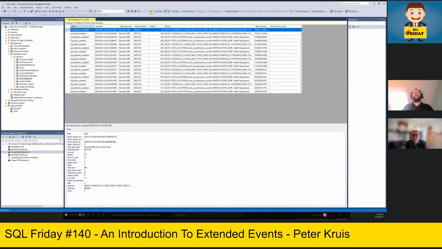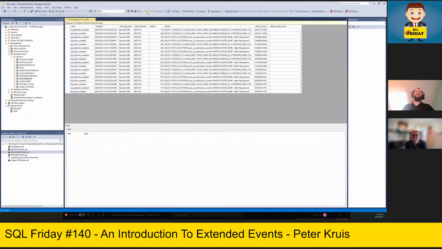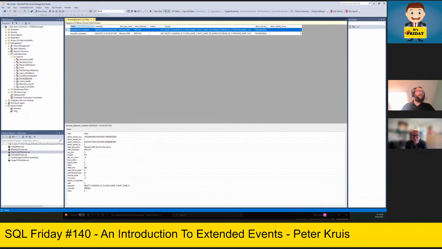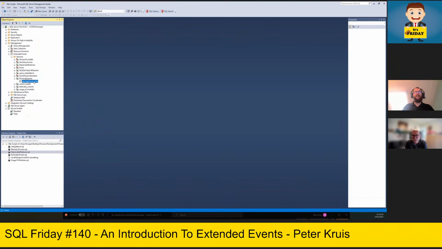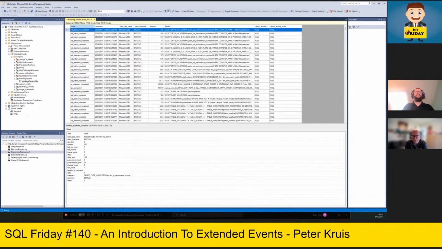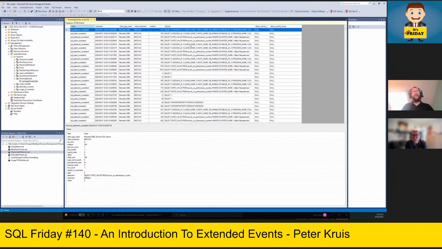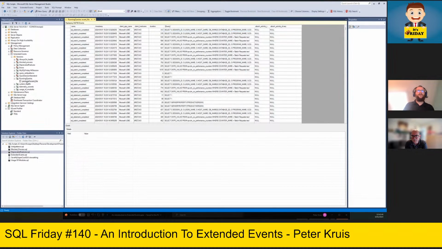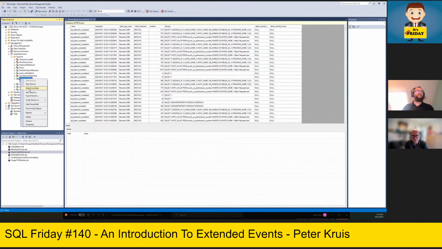When I stop it and I play it, my historical data isn't there. However, when I have saved it to the event file, I am able to see the historical data. Let me clear all filters. And here I don't see new things popping up. So it's a different way of looking. This is what is happening now and in the future, and this is what has happened.